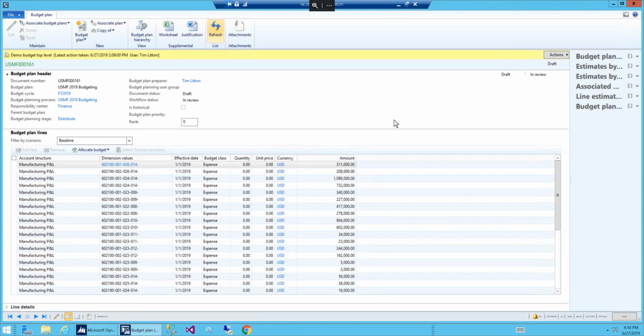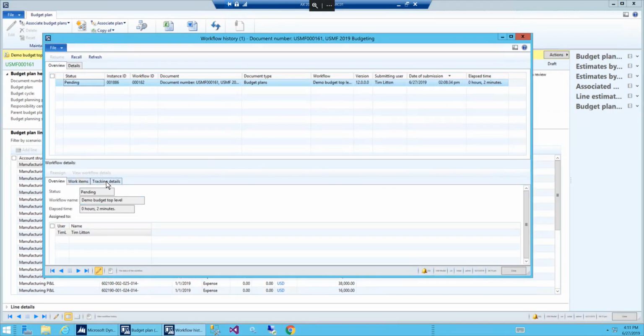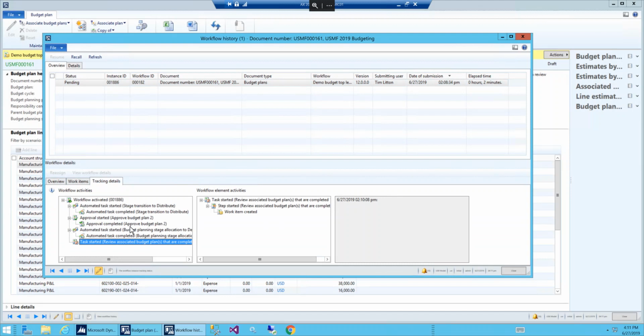Okay, so I've given it a minute. You can see we're still in a distribute stage, which is fine for now on the header. I know that it's done its thing because if I go into workflow and to view history, you can see that it's gone through and actually done some of these tasks, right? So some of the steps we talked about earlier, as far as allocating to departments, has been done. So if I close this,